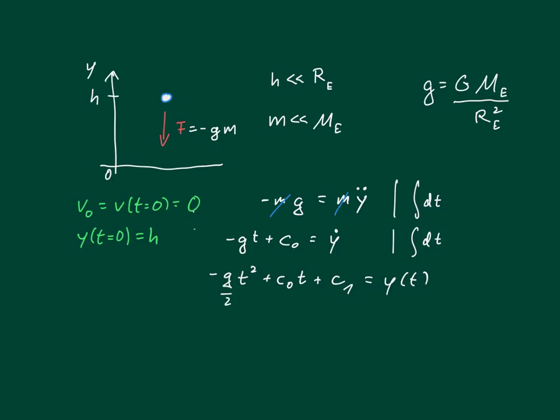We have c1 being nothing else but h, and c0 is the initial velocity, and this is 0. So we end up with the function